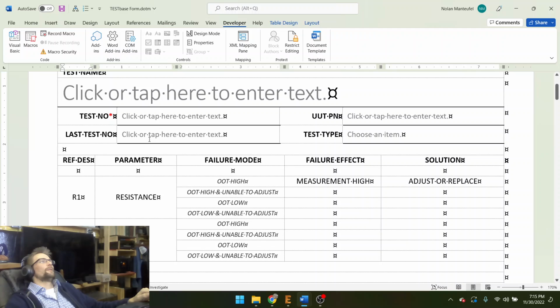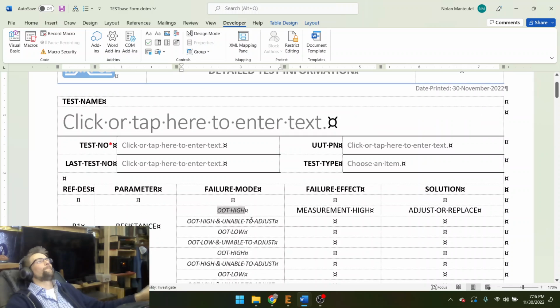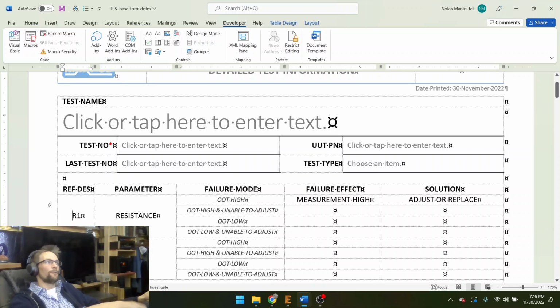Now, let's say it's a different test, and the first test was measuring the resistance on R1. This test is measuring the voltage coming off of a divider with R1. So the failure mode of, no, it's a little different than that. It's a little more nuanced. Okay, so